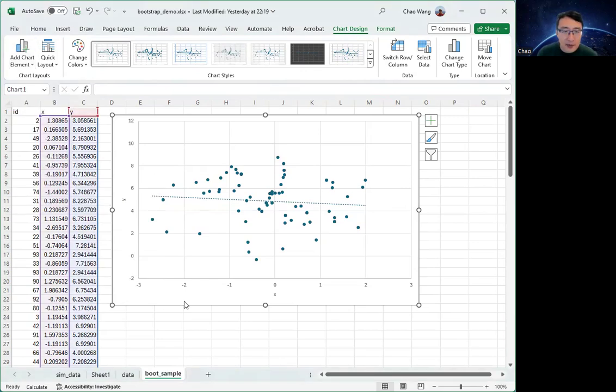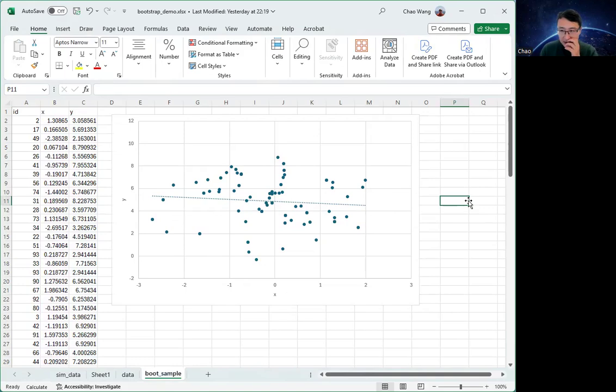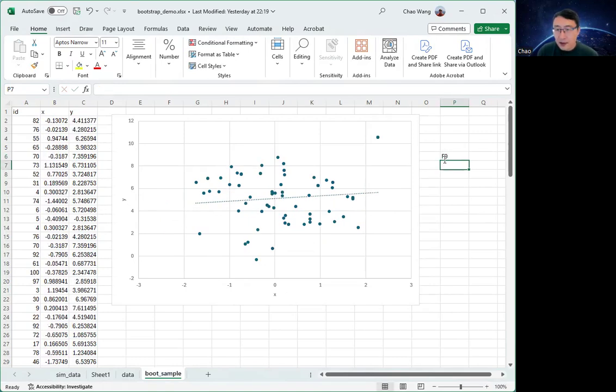You will end up with this graph, as you can see here. It shows a scatter plot between variables X and Y, as well as a fitted linear regression line. To visualize the changes in the bootstrapping process, what you do is press the F9 key on your computer. Every time you press it,